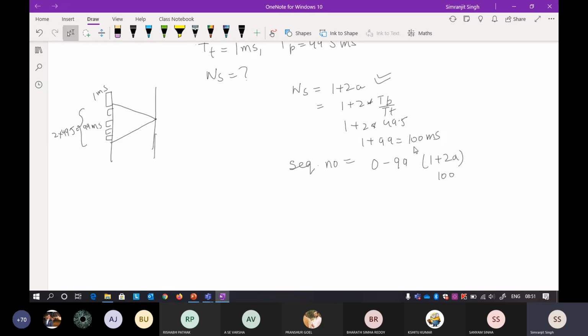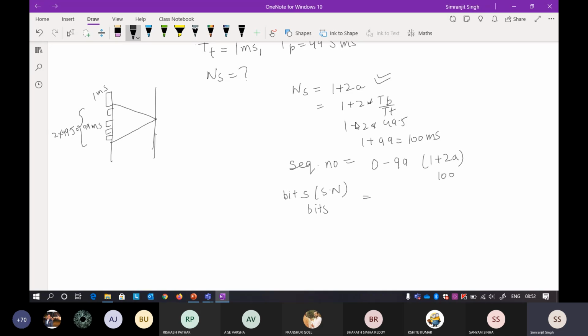So the sequence number field will be 0 to 99 in order to get 100% efficiency. But now, what will be the number of bits in the sequence number field?